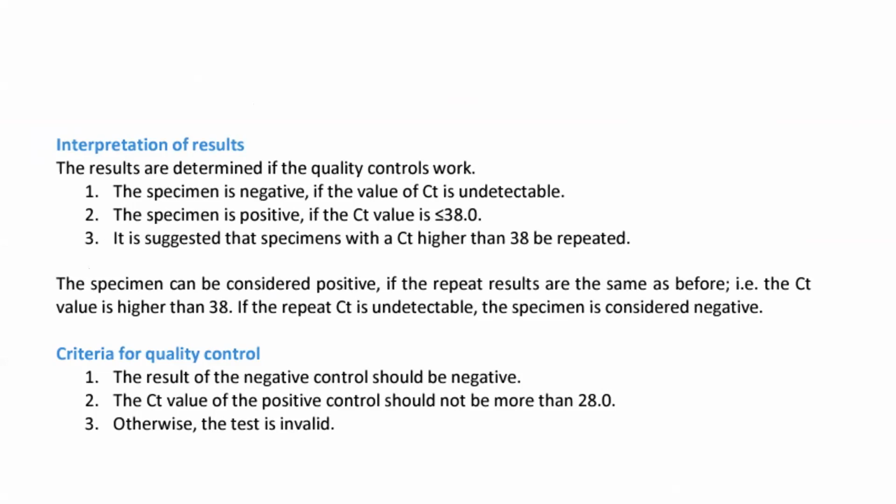That is very important because it also depends on different labs, what their cutoff value is. In some of the labs I worked in, anything after 35 was suspicious and one had to repeat it. But in this specific lab, a CT value of 38 or below was a clear positive. For example, if you remember, we had 45 cycles, so if the CT value of a specific sample is more than 38, then what is recommended is that